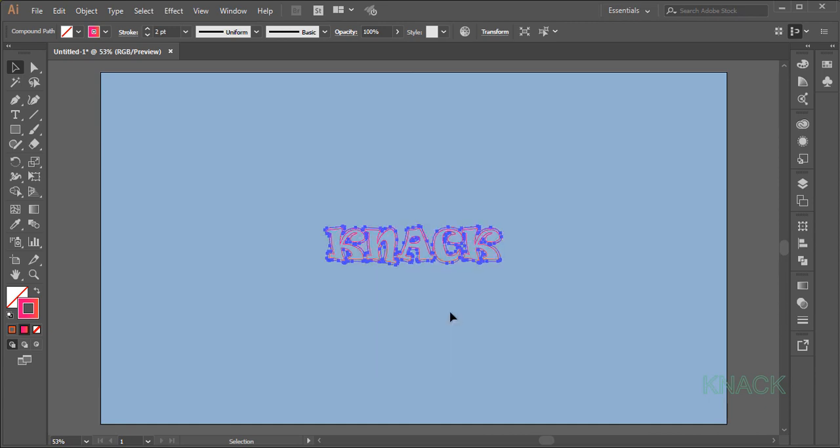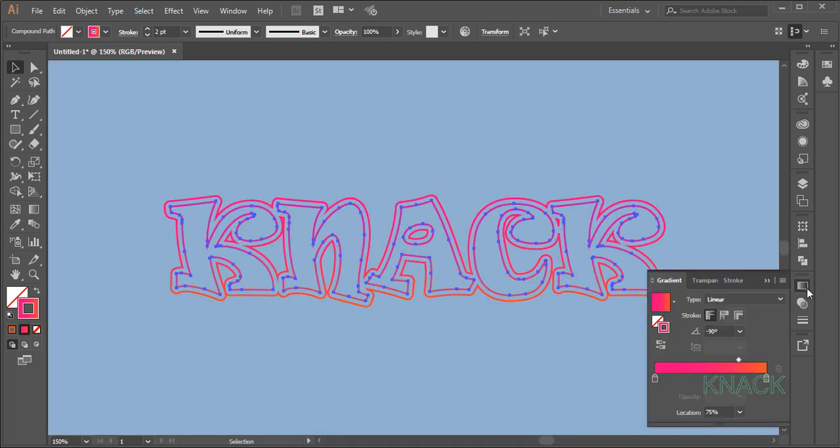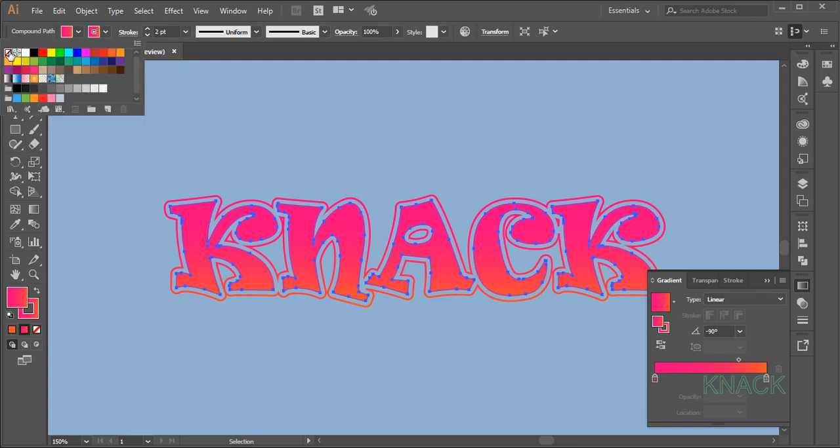Now zoom in a bit, select this main inner shape and now we will fill it with a gradient color. Come here to Gradients panel and select Fill Color option. Click this last used gradient to apply it as the fill color. Set its angle to -90 degrees. Now keeping this shape selected, set its stroke size to none.